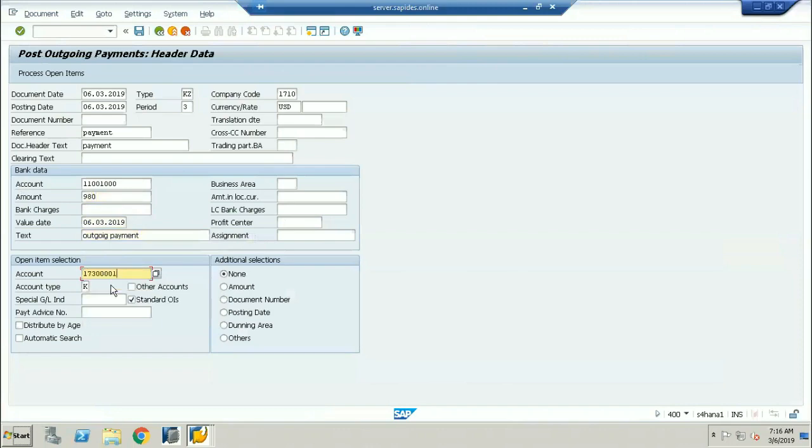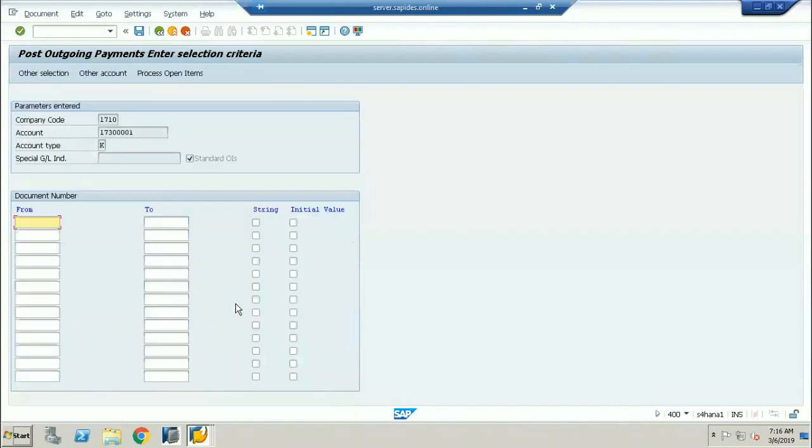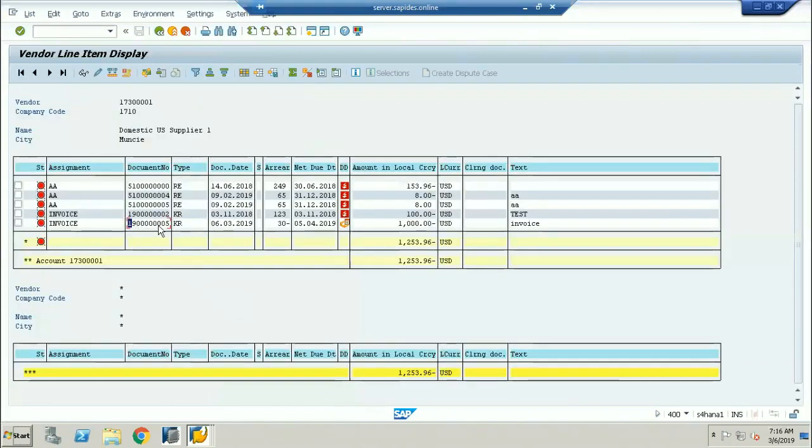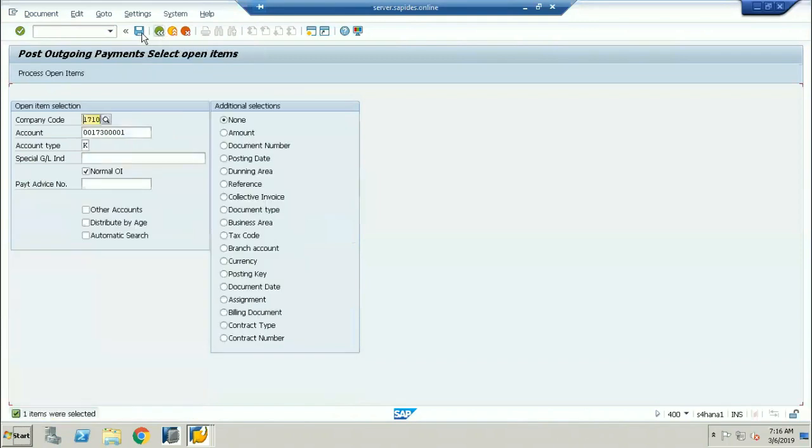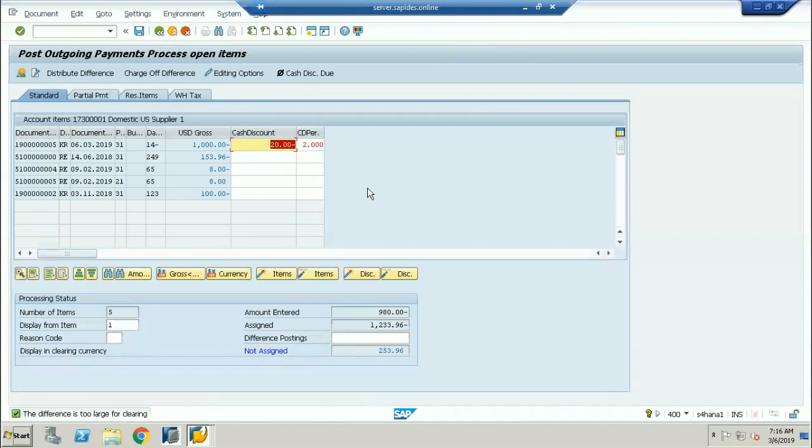Okay. Which invoice do you want to clear? Only this invoice. Okay, right. Select the document number here. I'm selecting the document number because you want to clear only that particular invoice. Which document do you want to clear? Press enter. Just give that invoice number here. Same invoice number, 19000005. Okay, same invoice number, and again press enter. Go back. Why is it coming with all the invoices?